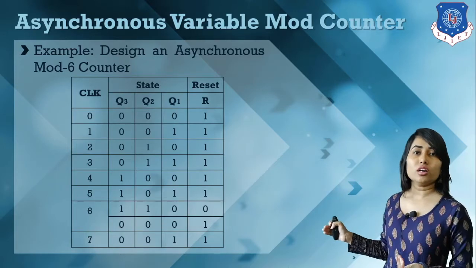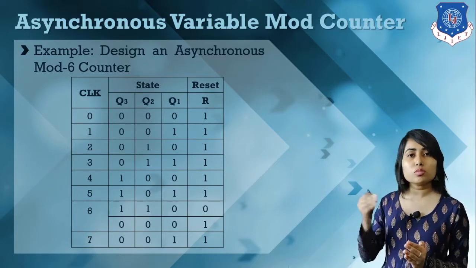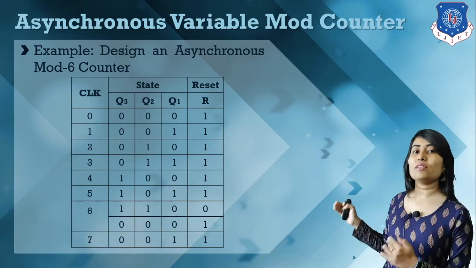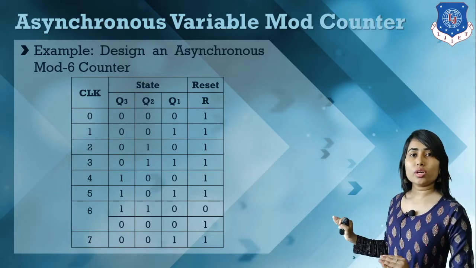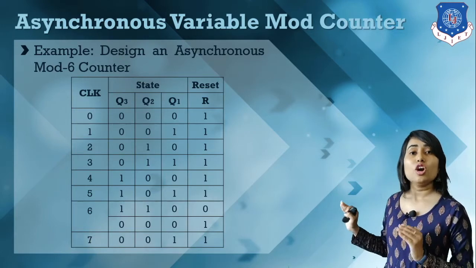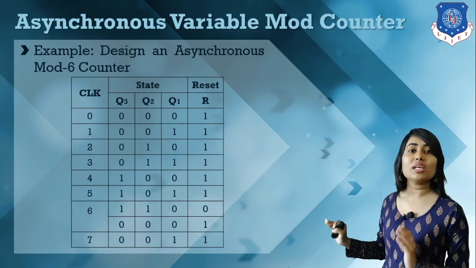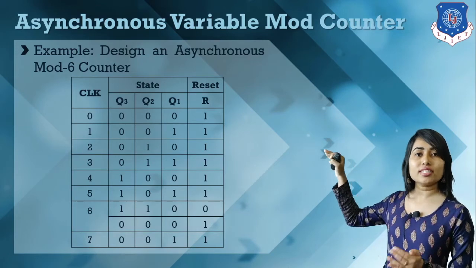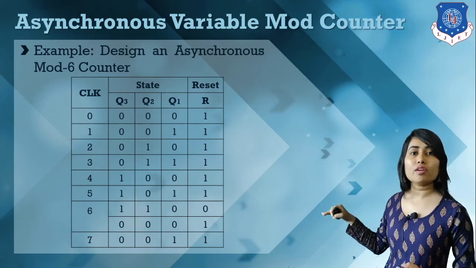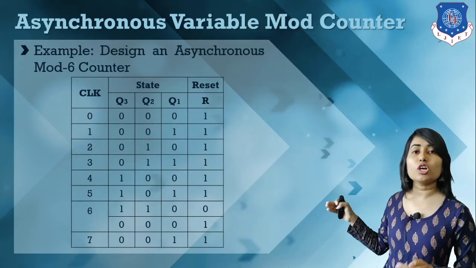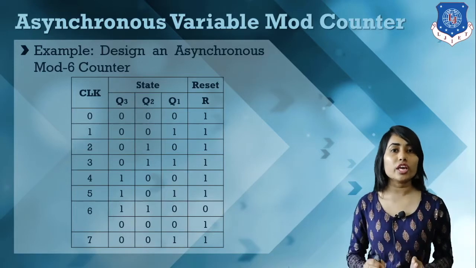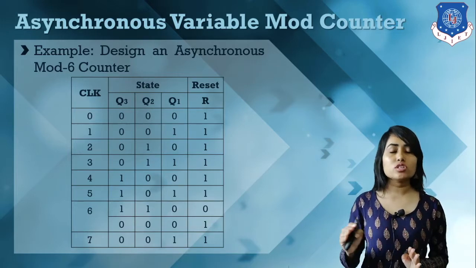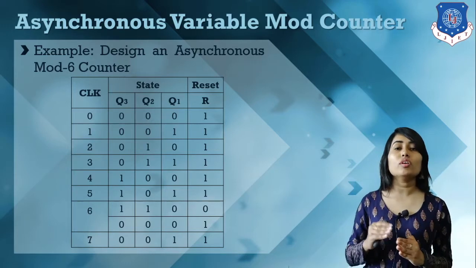But using 3 flip-flops, these 3 flip-flops always go through all the possible states. So after 1 0 1 we have this state, that is 1 1 0, but our flip-flops must be restarted over here. So here we have these reset values. For 0 1 2 3 4 5 we have 1 over here, because this CLR is active low, so it will work only for 0. Whenever we have a 1, we keep the values in the flip-flops, and whenever we have a 0, our value will be restarted.